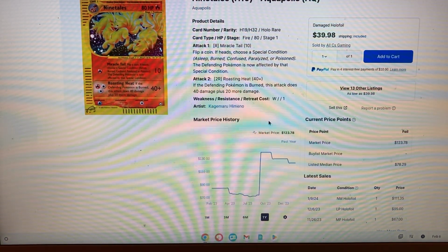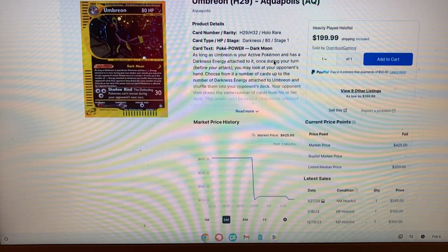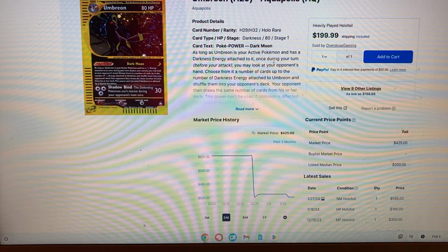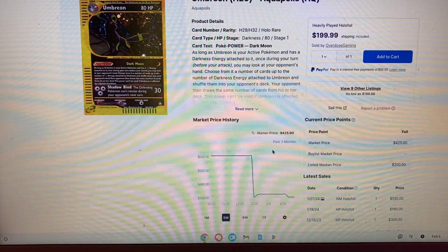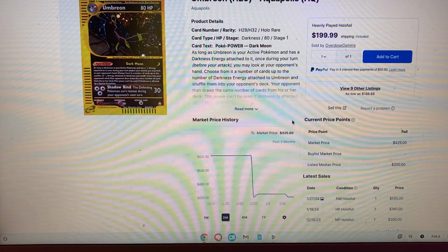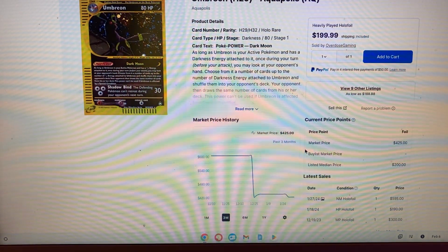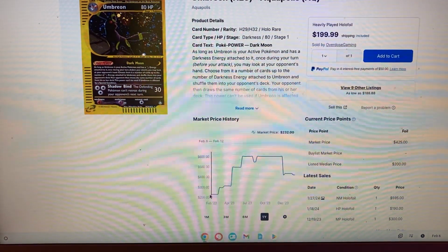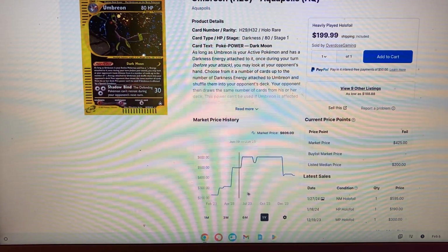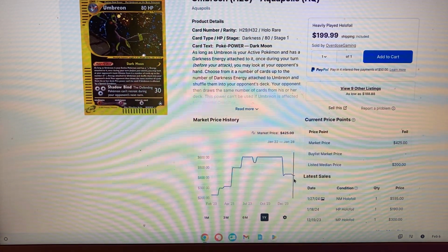Now it's time for the final 2 most expensive cards from the Aquapolis set. Number 2 is, of course, the Umbreon. I mean, obviously, you can't have Umbreon ever going down low in price. Although he is the cheapest he's been in the past 3 months at $425. I know it doesn't sound cheap, but 2 months ago, he was going for $606. Last year's price tag, this dude was going for a cheap $232, the lowest he's ever been. So he's been from $232 to $606 to his current price of